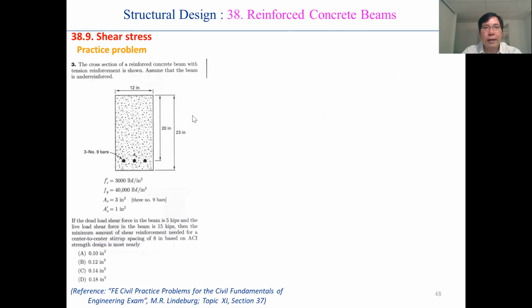So let's start with one particular problem for shear stress. The cross section of the reinforced concrete beam with tension reinforcement is shown by this figure. So they give you some data about the property of the concrete, the steel, the area of the steel, and they ask the question about